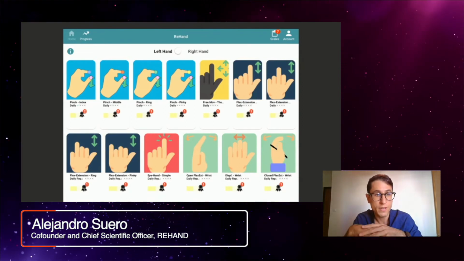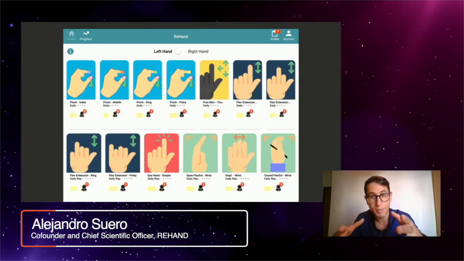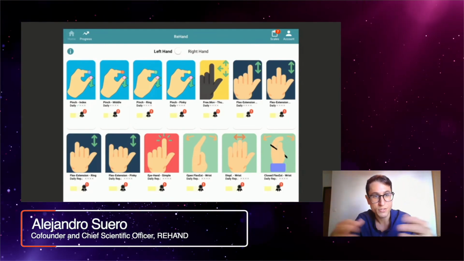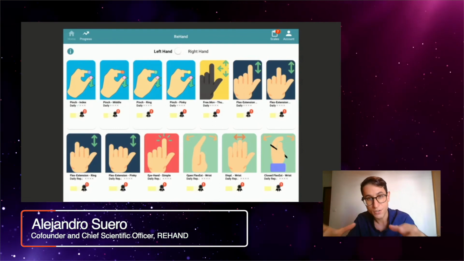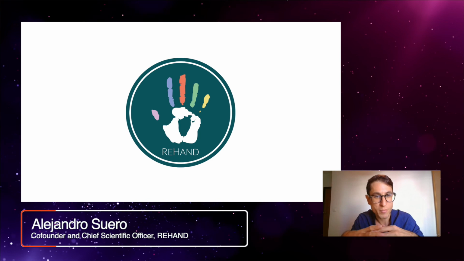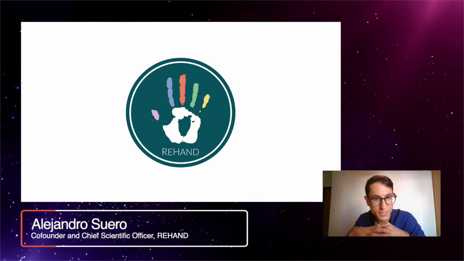So the results have shown that this approach shortens the recovery process. So this helps the patients and also helps the health insurance to generate savings. So now, after the results of these trials, we are helping patients and our colleagues to achieve better health results, and also to help hospitals and health insurance companies to generate savings. So that is what we do.